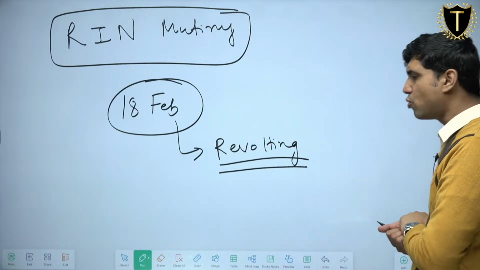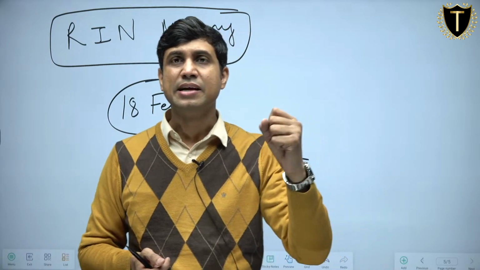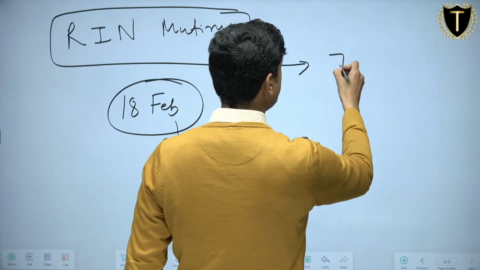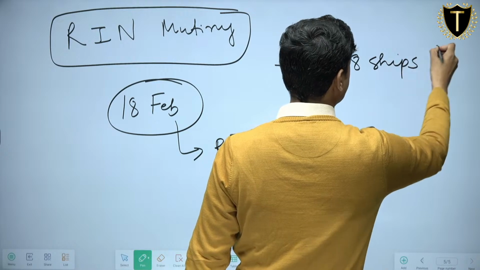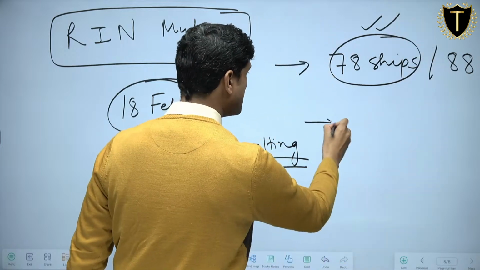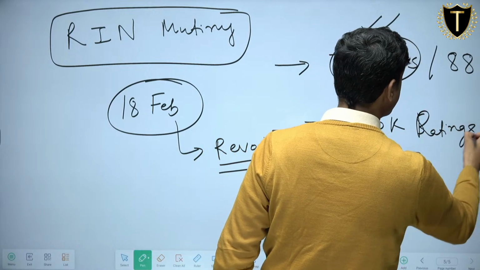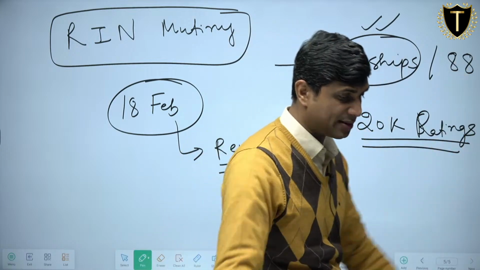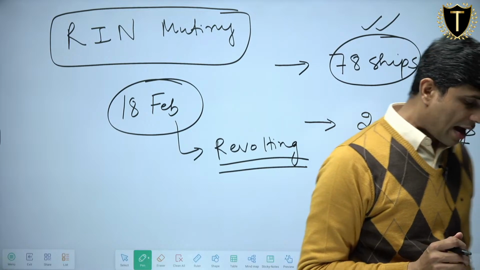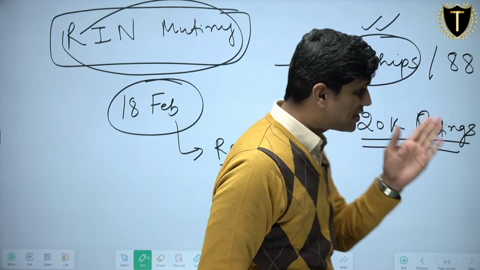If we see the situation, slowly this news of the naval rating mutiny spread to other bases. As we will see, this mutiny spread to 78 ships. There were a total of 88 ships, out of which it spread to 78. In addition to that, more than 20,000 ratings were involved in this mutiny, in this revolt. So it was a very wide revolt. And one more thing, this mutiny did not just happen on the ships, but